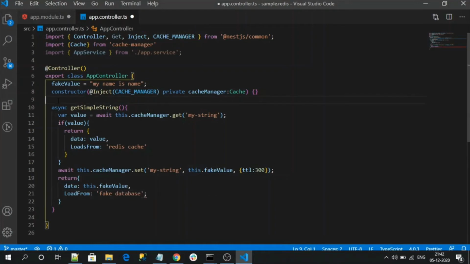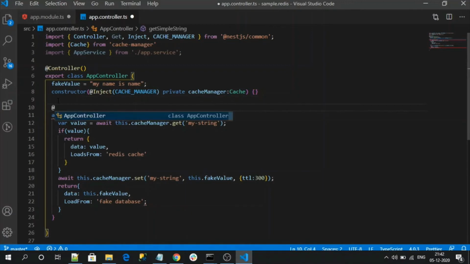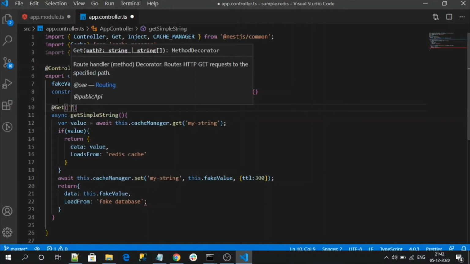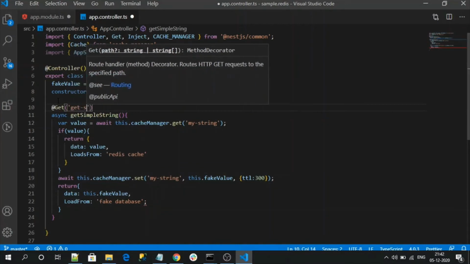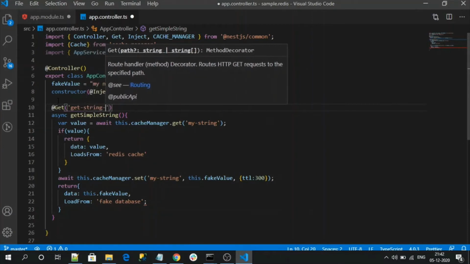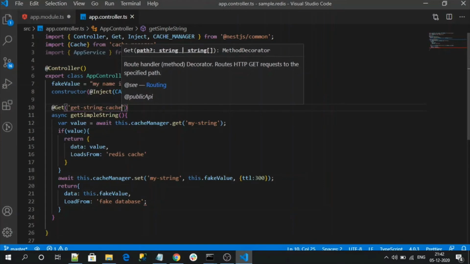Let me give the endpoint route. Let me name it string cache. So that is our endpoint where we are going to fetch our data from the Redis cache.